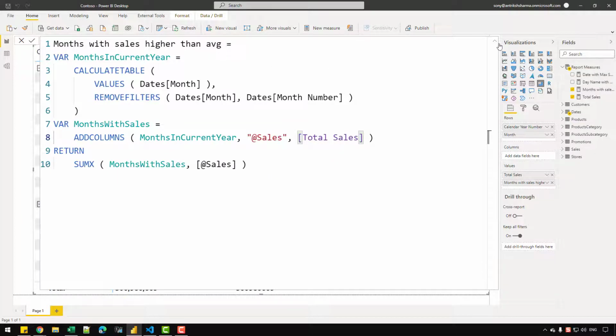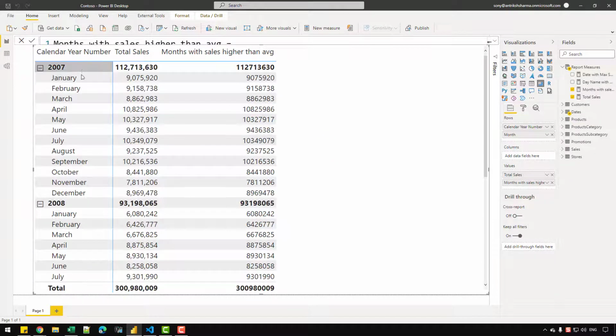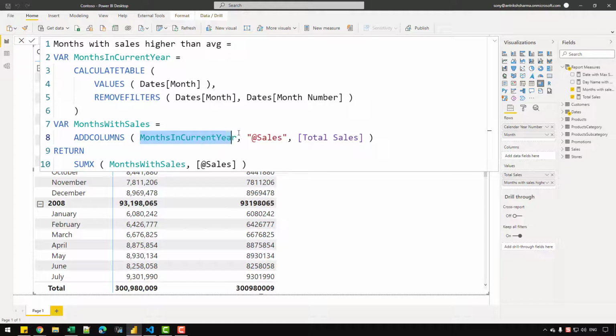So let's say we are at January 2007. The initial filter context here is January and 2007. So even though in this list I have all the months, when the total sales measure is evaluated, there is actually a filter context that is outside of the add columns, which is actually impacting the amount that is being applied on this variable.